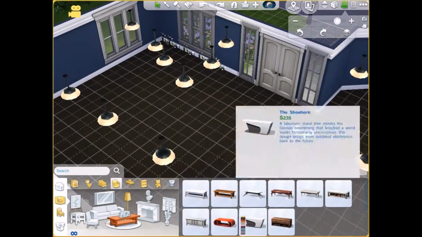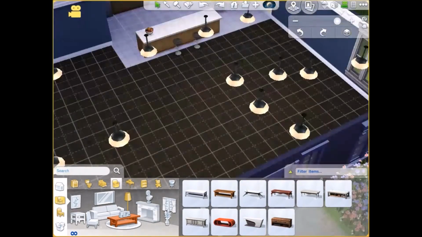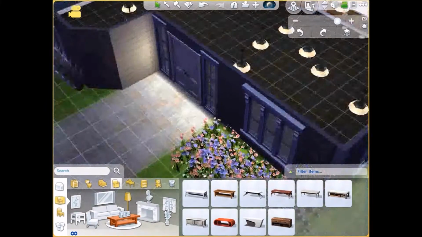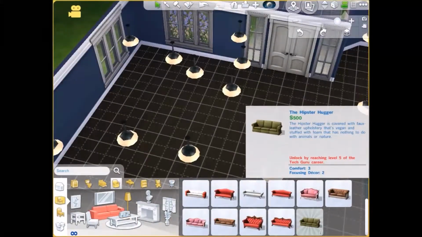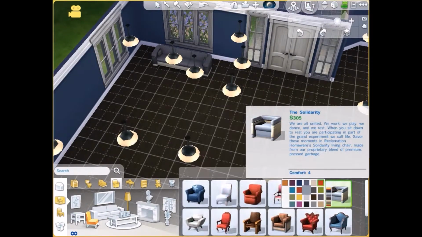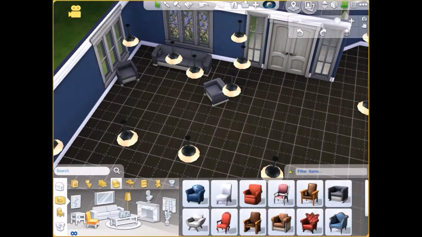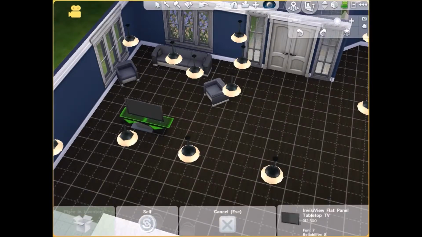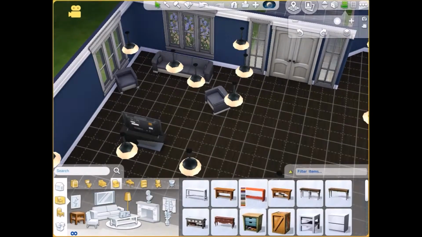You can be in the kitchen and see the living room, especially with kids running around. I think it's just so much easier to watch your kids when everything's super open. So right now I'm just working on the living room area, which is just some sofas and a TV, which I went with a decently big TV,